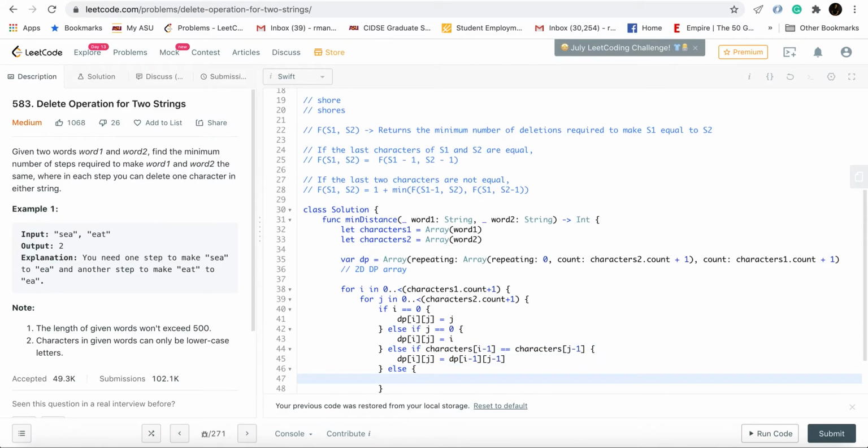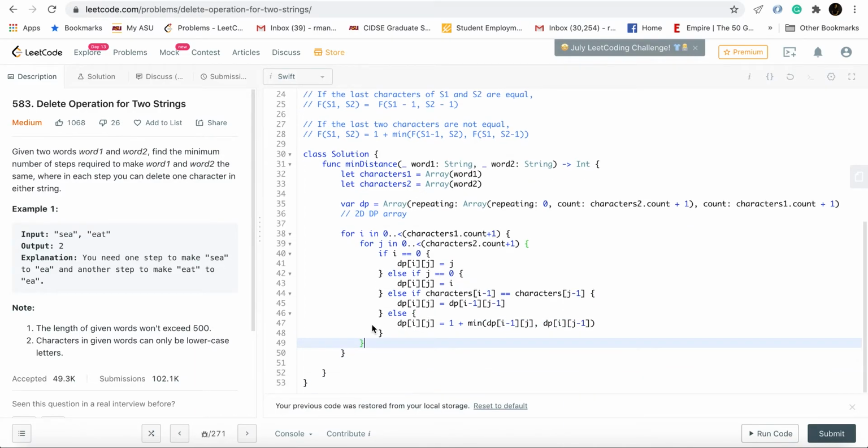And this else denotes the case where the last two characters do not match. That would be the minimum of dp of, should I delete from s1 or should I delete from s2? That's it. Can you believe it?